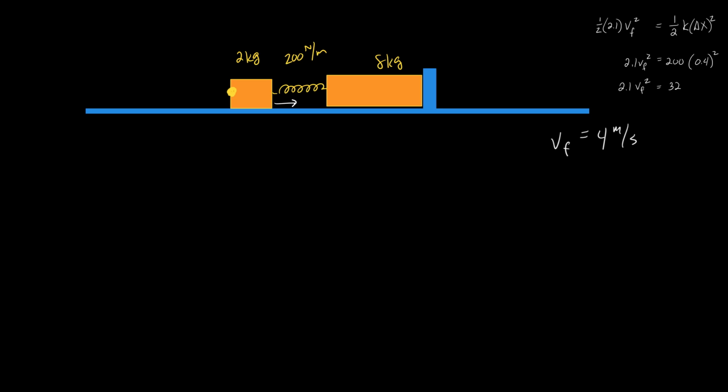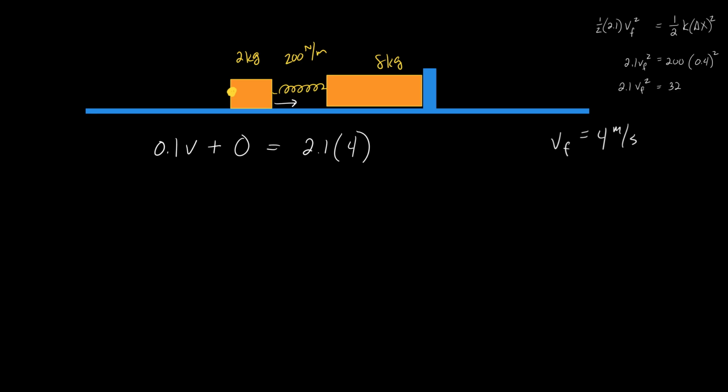So momentum was conserved when the clay struck the block. And it's only conserved the instant before the clay strikes the block and the instant after the clay strikes the block, because once the block starts moving, momentum is no longer conserved because an external force acts on the clay and the block. That's the spring. Does that make sense? So we only have this instantaneous moment, but the clay, 0.1, and its velocity, v, plus the block, which is 0 momentum, had to equal 2.1 times 4, which is actually like, what, 3.9, or whatever that was. So